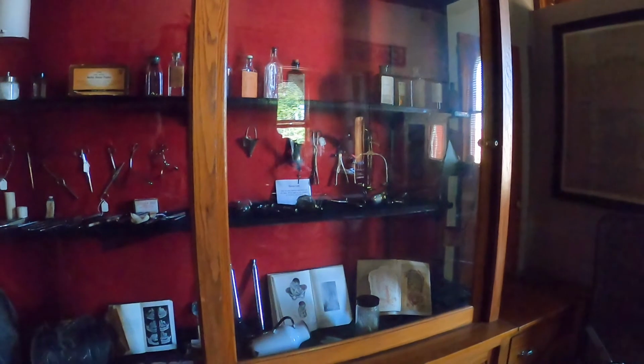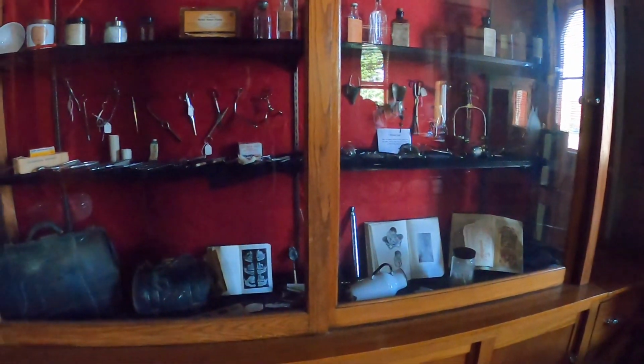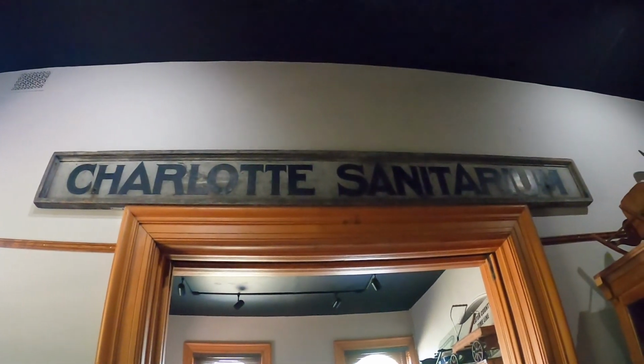There's also an old mail wagon on display which still bears its blue colors of the post office. The medical history exhibit showcases a lot of artifacts from the past century of medicine, along with the Charlotte Sanitarium sign on the wall. There are tables, tubs, and chairs, and many other odd instruments that will make you ponder